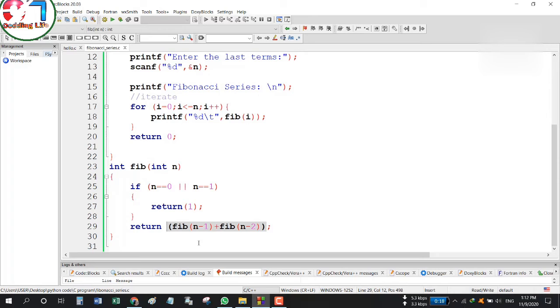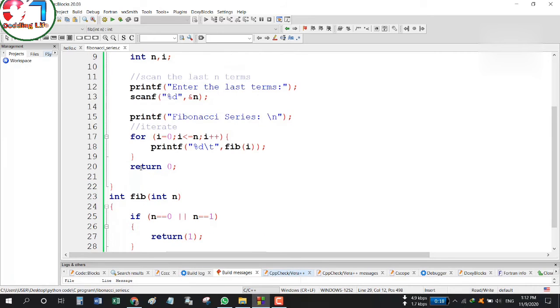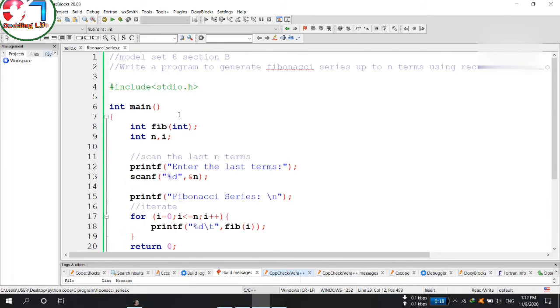That means if n is 7, then it will count the value of the sixth term, and plus it will count one more term before it, that means the fifth term. So this is the basic code. If we run all of this code,